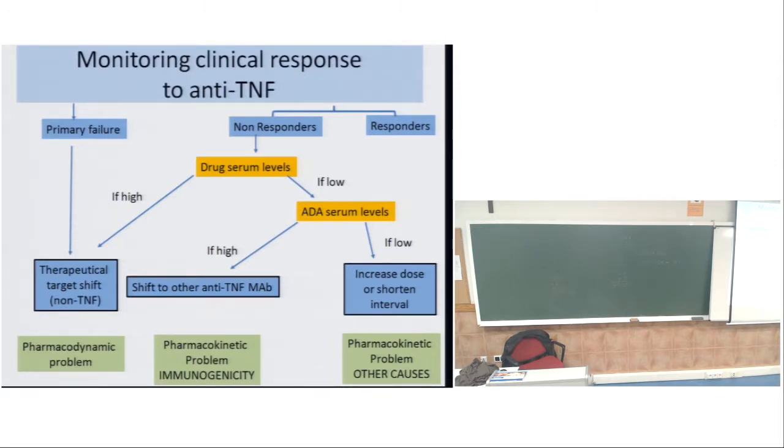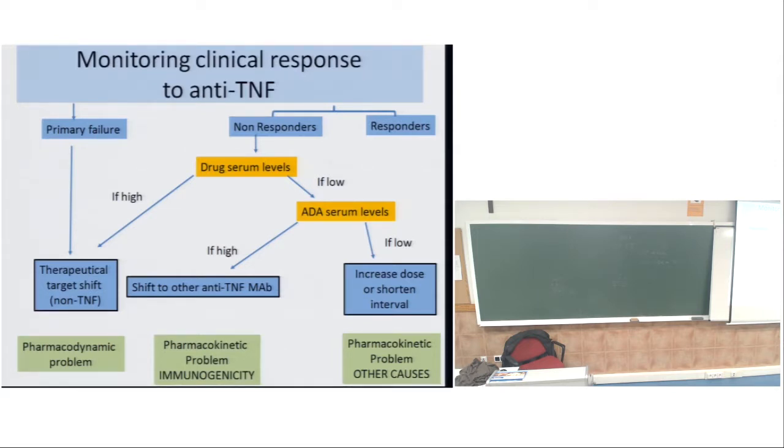If the levels of the drug, the anti-TNF, are high, again, it's not acting. It's not clear, so we have to shift to another target. We have to change monoclonal antibody. But if they are low,